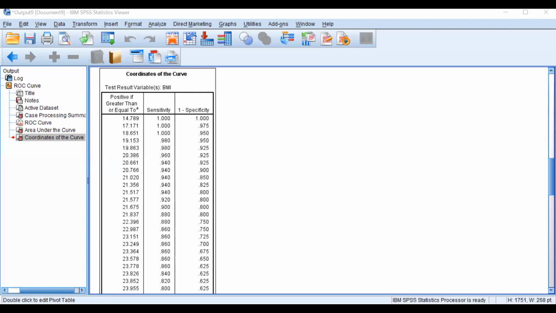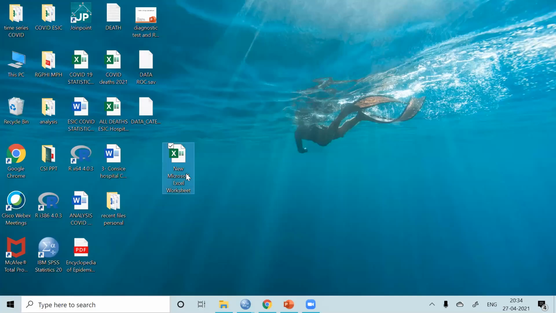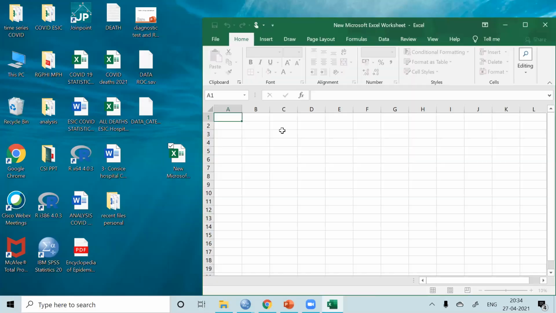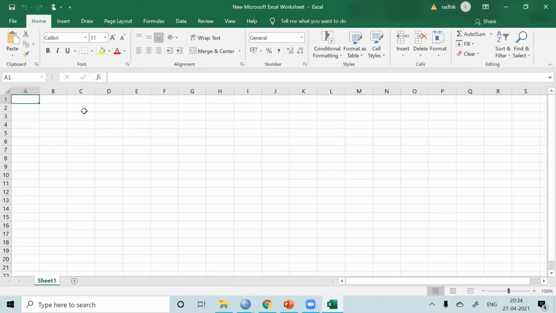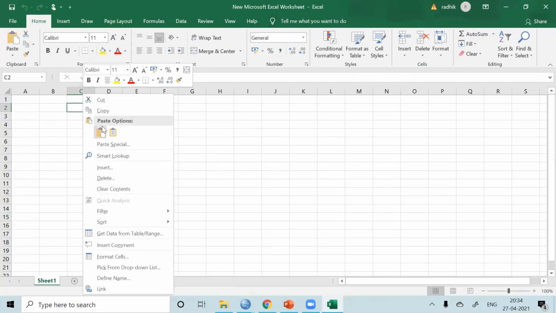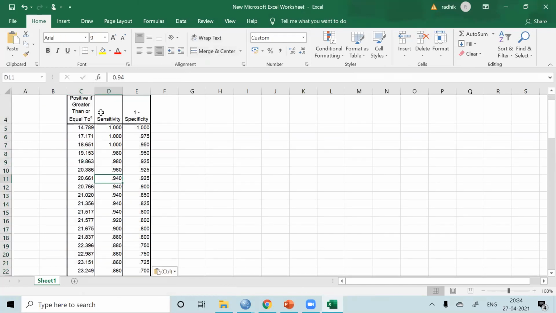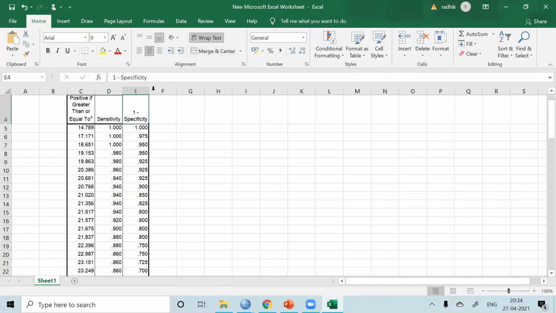So this is a new Excel file that I've opened. Here whatever I have got from SPSS, I have just put it over here. So the BMI values are there, sensitivity and 1 minus specificity is here.